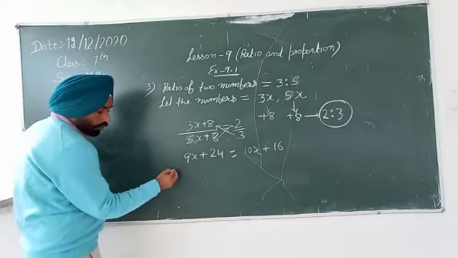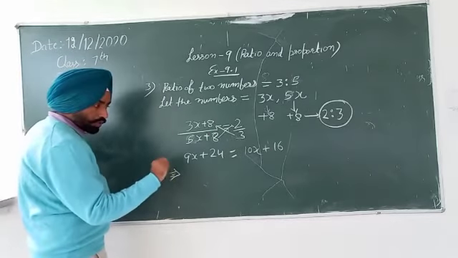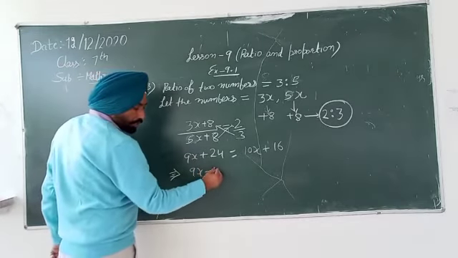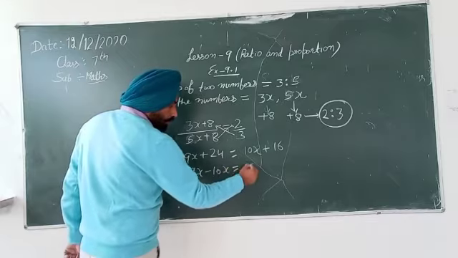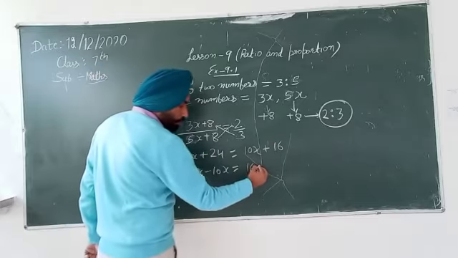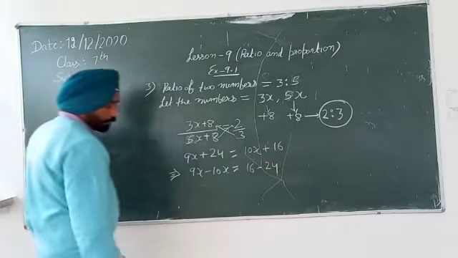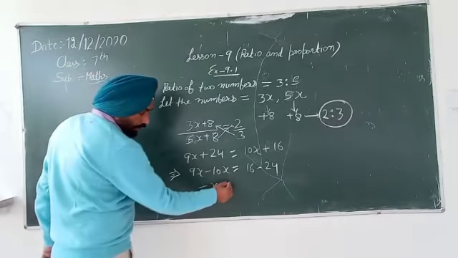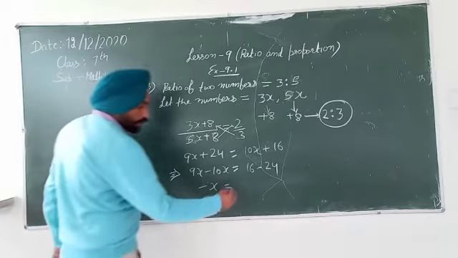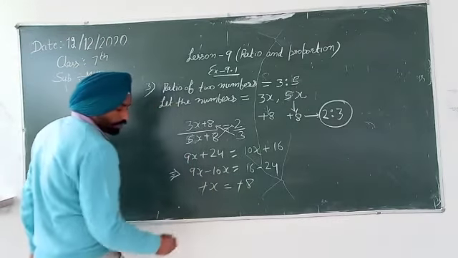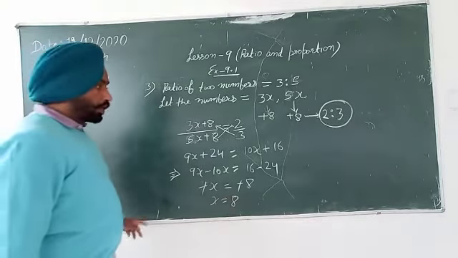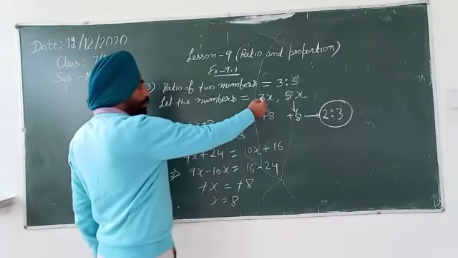Now you know how to simplify and separate the variables. 9x, this number comes to that side, so it changes to minus 10x, is equal to 16, and the constant 24 here is plus, when it goes to that side it changes into minus. So 16 minus 24. 9x minus 10x is equal to minus x, and 16 minus 24 is equal to minus 8. Minus is cancelled with minus, so x is equal to 8. And so simply fill in x here and find the numbers.